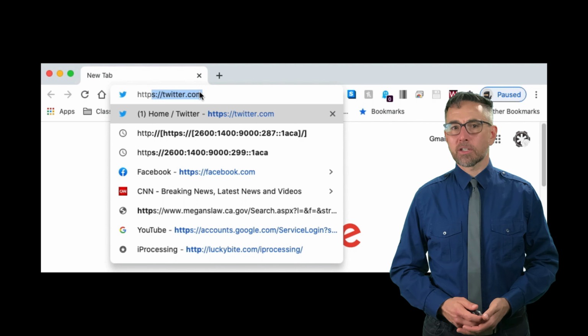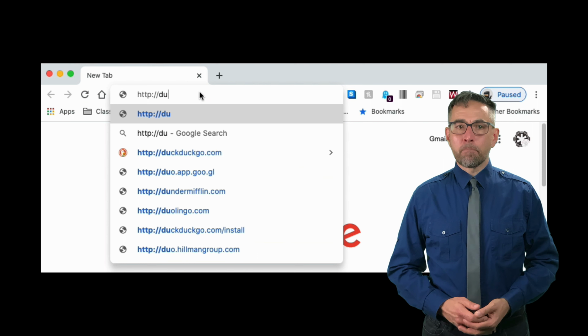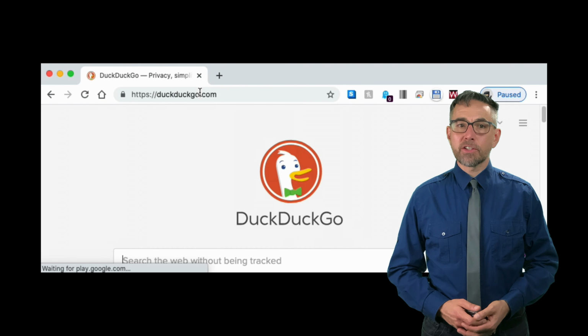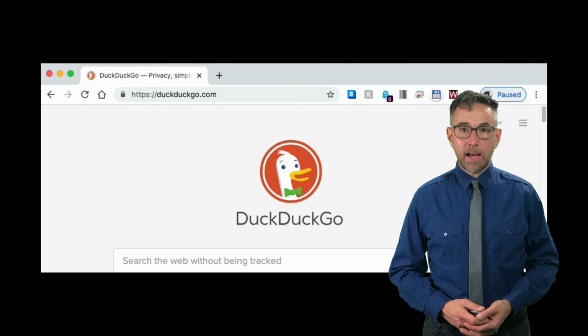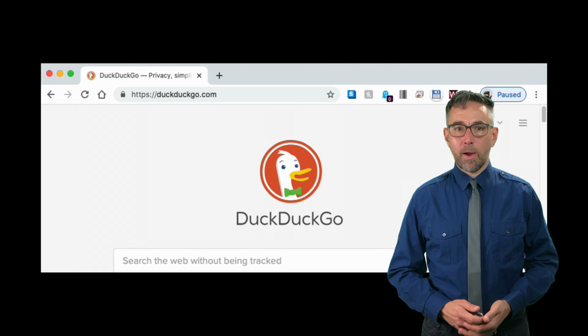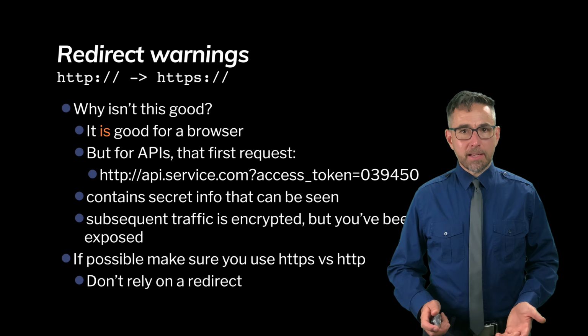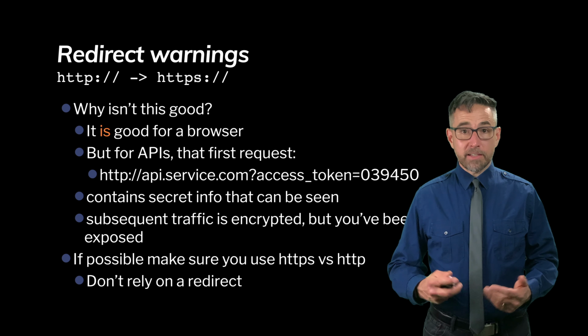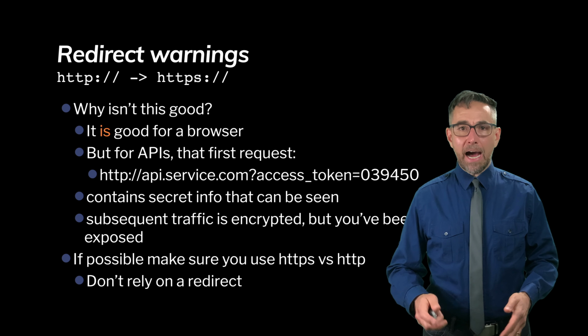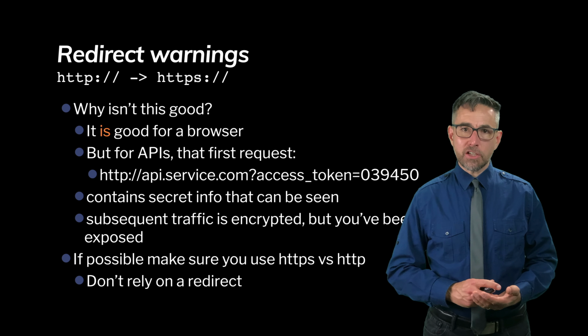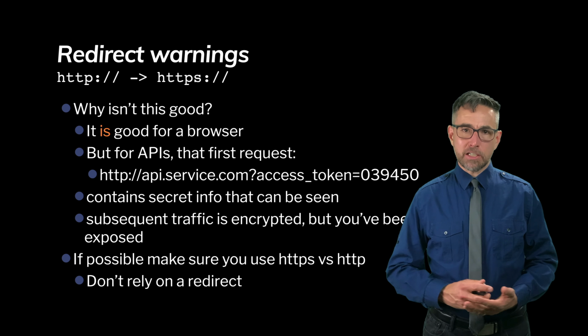Let's take a look at what this looks like in a browser context. We type in HTTP DuckDuckGo, the response goes out, and the server immediately redirects the client, or the browser, to a higher security web page. Is this good? Well, this isn't good in some cases. In the browser case, this is great because you would like to have a higher security connection and have that applied automatically. But if you are a native client and you're communicating to a web service and you're using an HTTP request, for example, this HTTP request here,